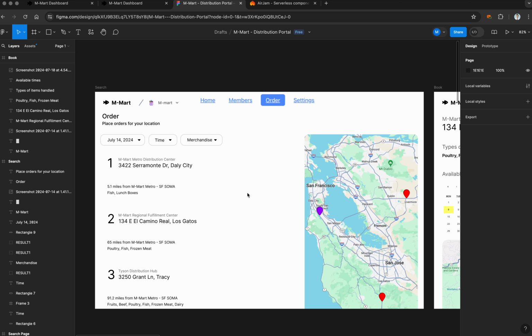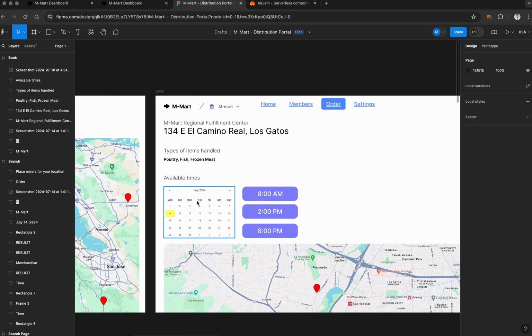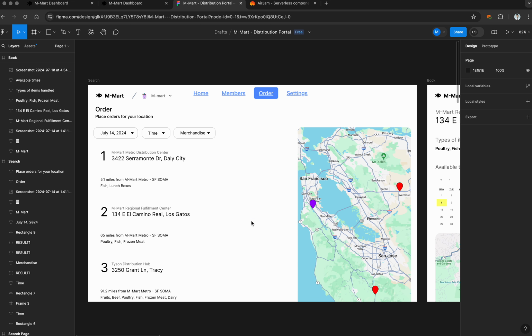Traditionally, if you're a full stack engineer, you'd probably create a PostgreSQL database with locations and a CRUD interface to create this list of fulfillment centers. Then you'd probably create an interface where you can sync calendars with external calendar sources and be able to create a new appointment based on that. With AirJam, you can do this within minutes with very little code, and let me show you